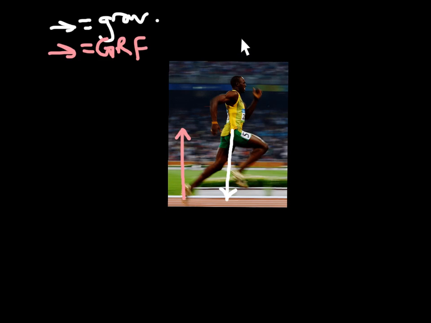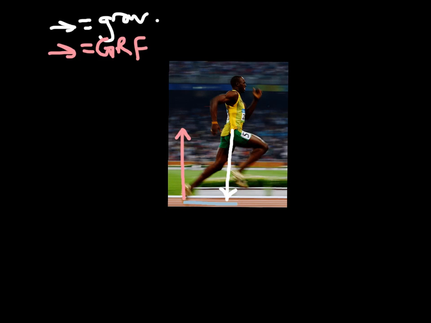Hence why he's not jumping into the air and he's not falling flat on his face, but they are opposite in direction, showing that they are cancelling each other out. Now this time he's probably at midpoint in the race. This is where a sprinter's velocity will be around about the same. Between about 30 and 80 metres, he will be at top velocity, highest velocity, and he'll just look to maintain